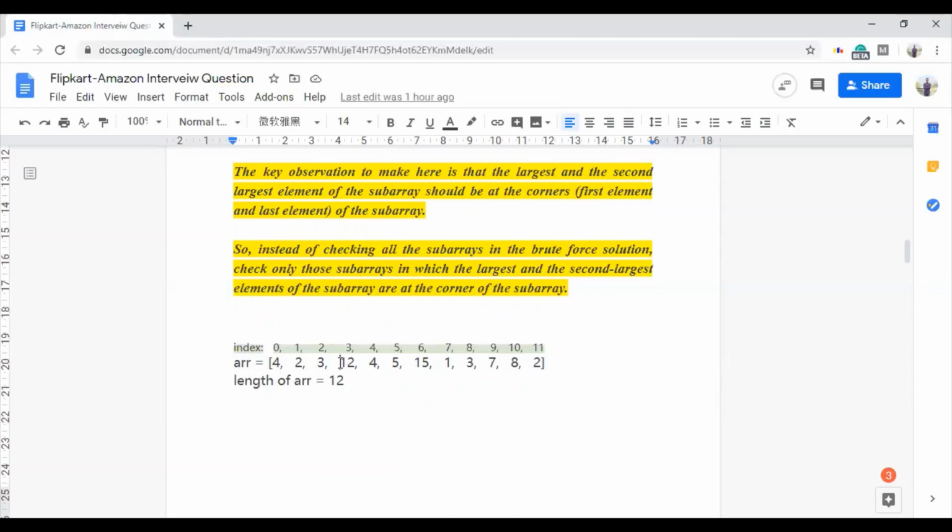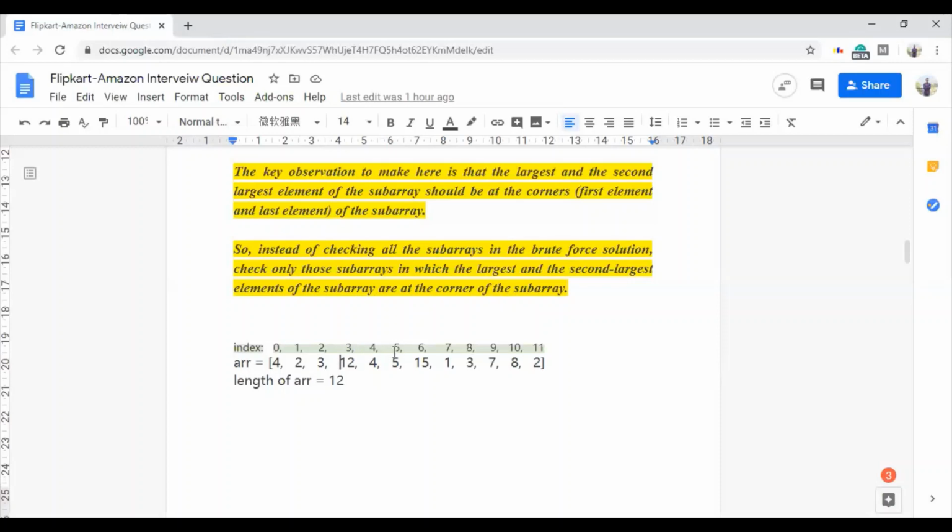Okay, now if we find an element which is greater than the ith element, that is, greater than 5 in this case, for example, if we find a 6, now 5 will become the third largest element of the subarray, right? But we are considering only those subarrays in which the endpoints contain either the largest element or the second largest element of the subarray.